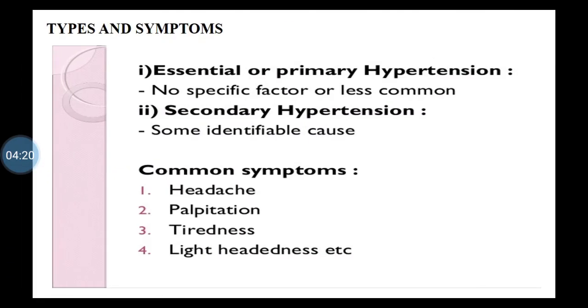Now, the types are also there, so we will see the types and the general symptoms. Actually, remarkable specific symptoms are not associated with hypertension. Now, two types: essential or primary hypertension, in which there is no specific factor and it is less common. So, in essential hypertension, the cause is unknown, whereas in secondary hypertension, some recognizable cause can be seen, isn't it? There may be some disorder,